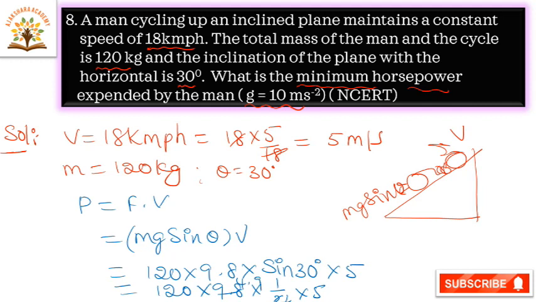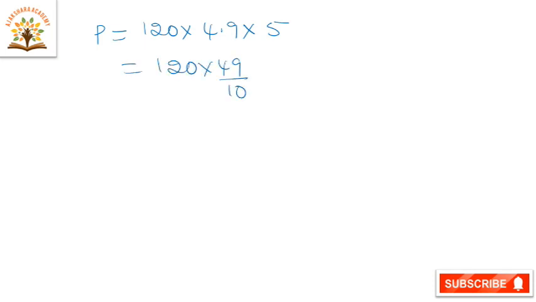So next, P is equal to 120 into 4.9 into 5. So that is equal to 120 into 49 by 10 into 5. The 0s get cancelled. So P is equal to, we are getting